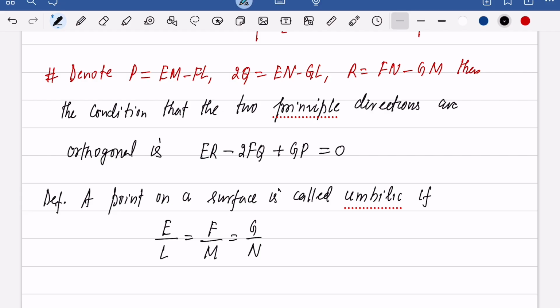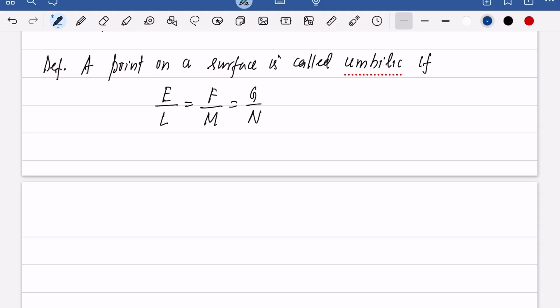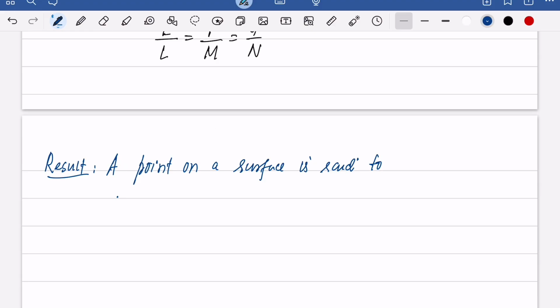If these two ratios or three ratios are equal, then we call the point an umbilical point. Now finally, we have one important result regarding when a surface point is called elliptic, hyperbolic, or parabolic. A point on a surface is said to be the first one